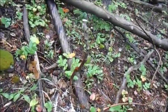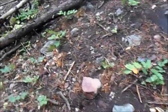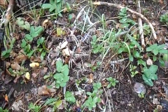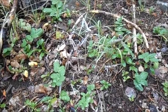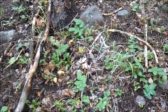We found that spot where something sat down and ate some type of game with feathers. And then there's a separate one. Let me see if I can find it again. I'll turn around. Oh, there's a second one. There's 2 different spots where a predator brought some game. I mean, I know bobcats, lynxes,